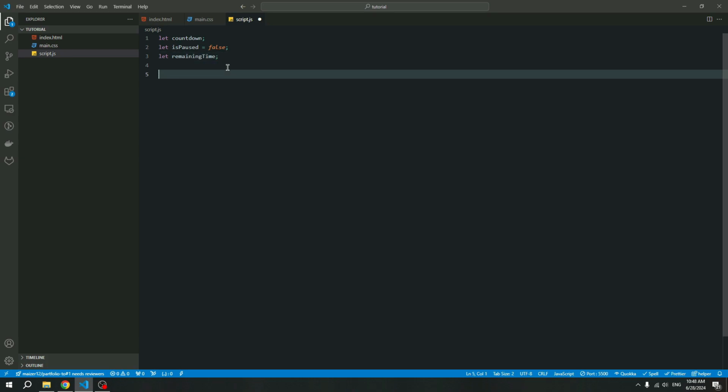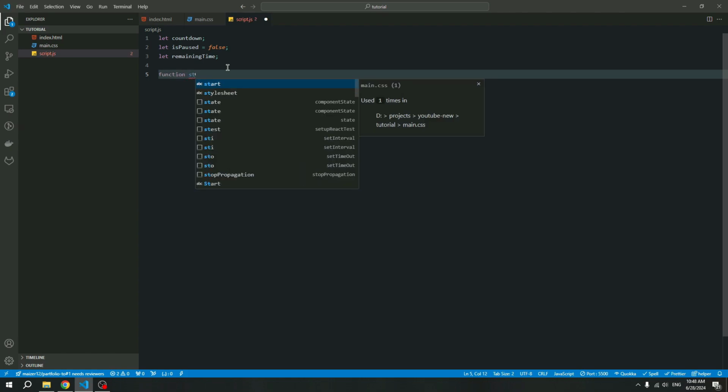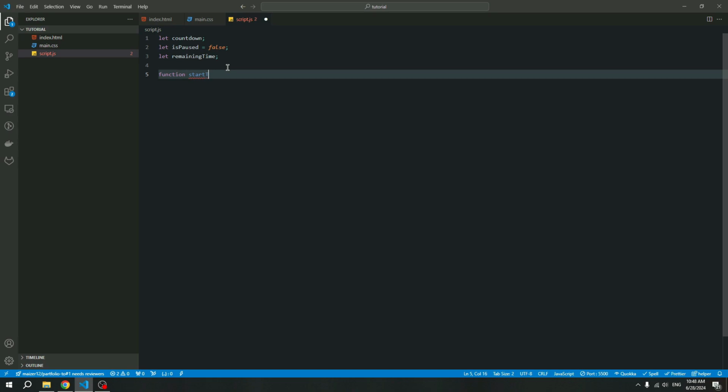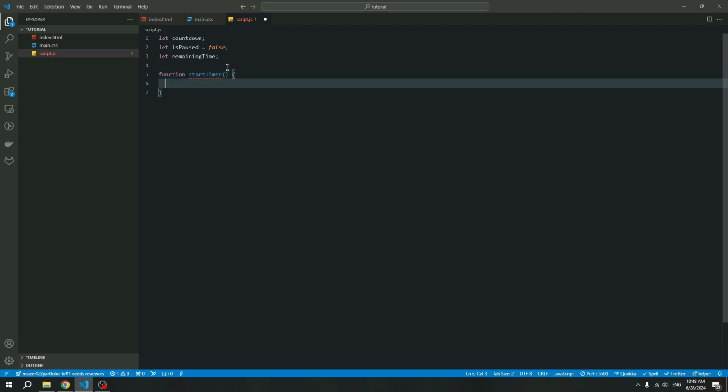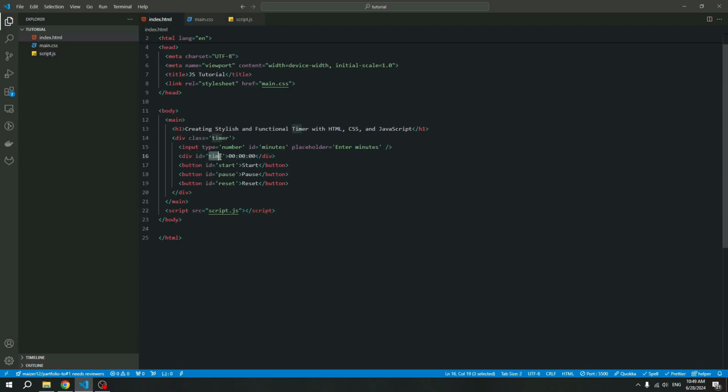Okay, and let's create first function. First function will be start our timer. Create start timer, and we need to get minutes for our element using this ID. Copy this ID